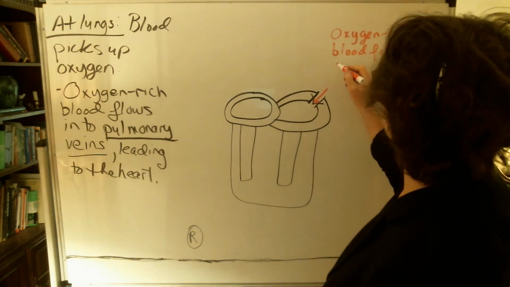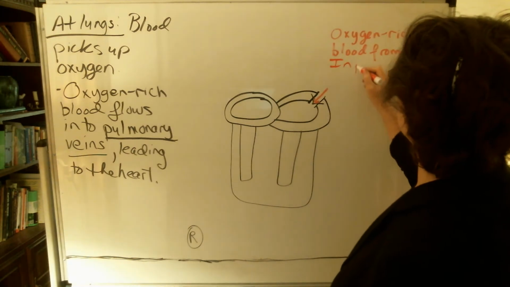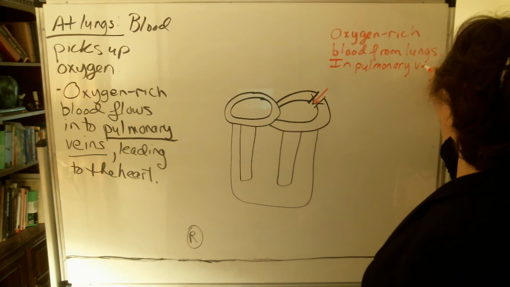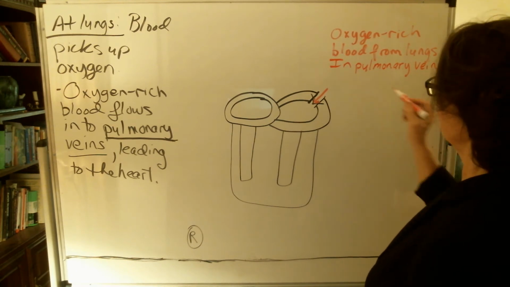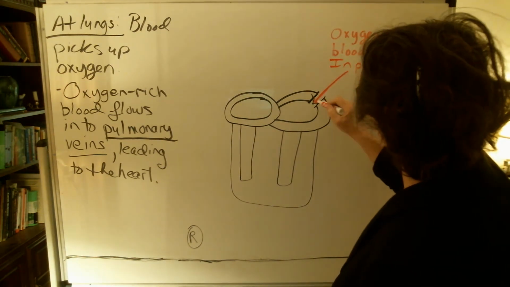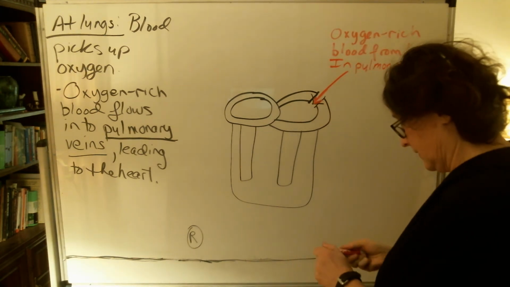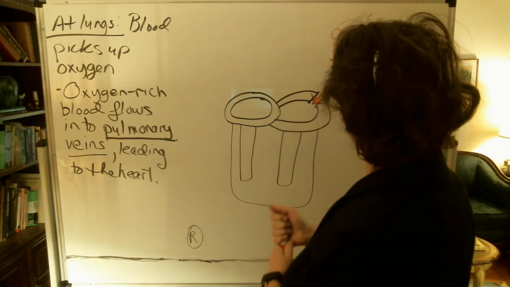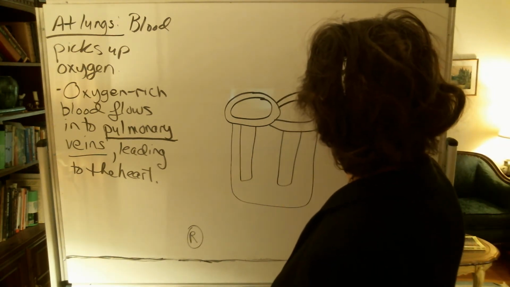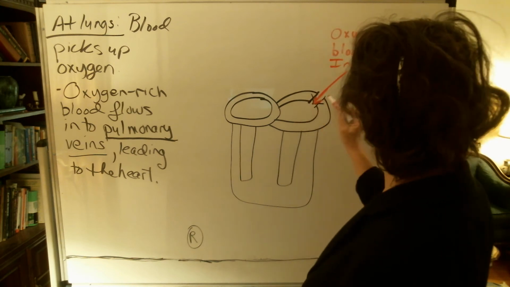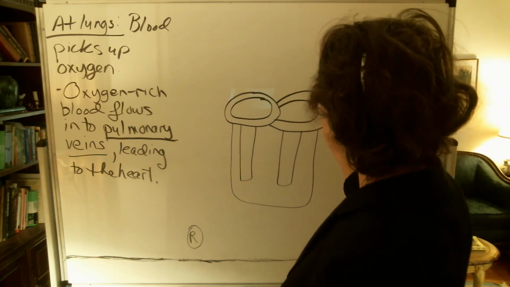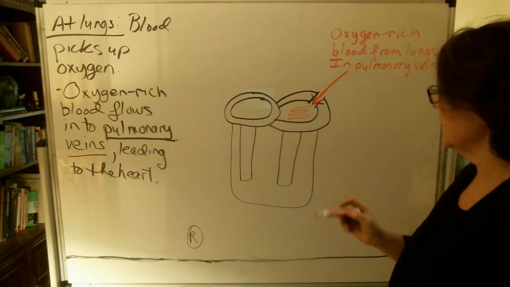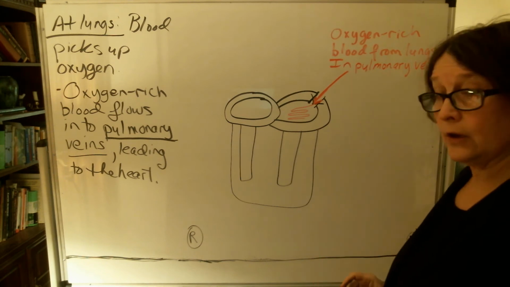And this now is in pulmonary veins, like so. So again, the blood flows from the pulmonary veins then into the left atrium. So we have the blood collecting, and I think you can kind of see how this is